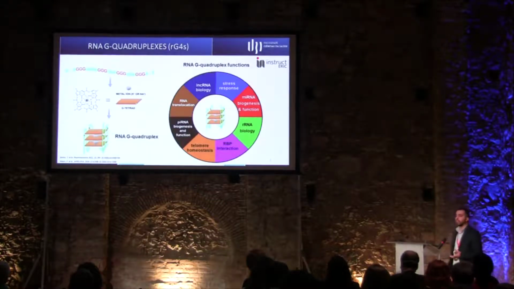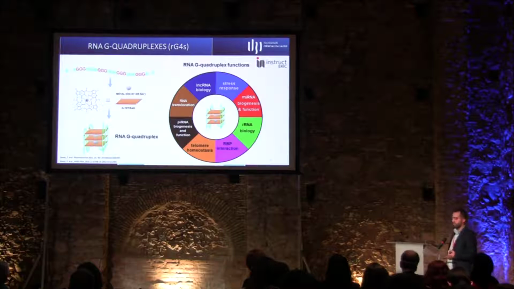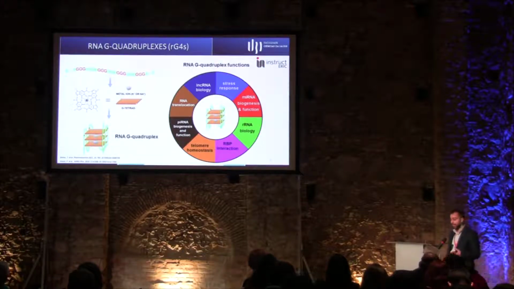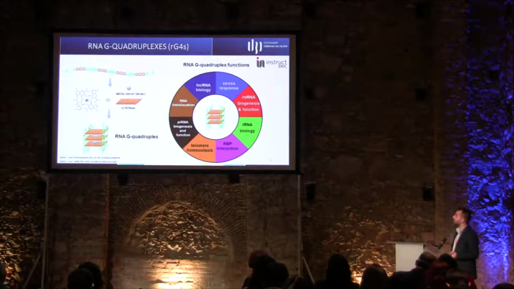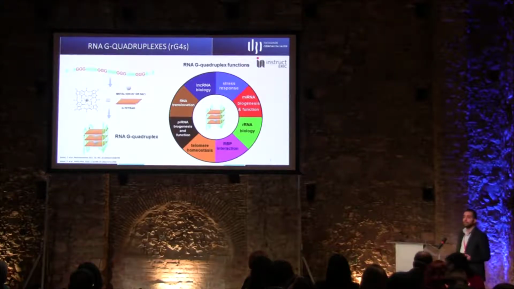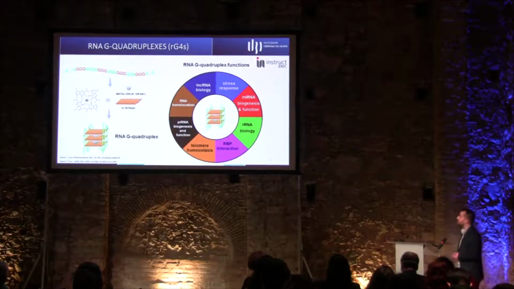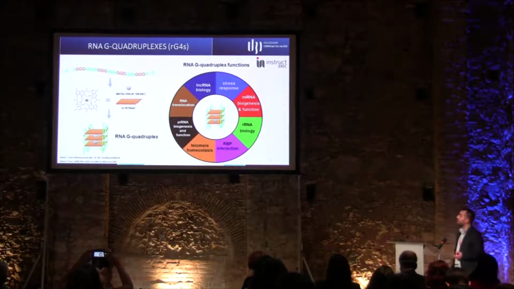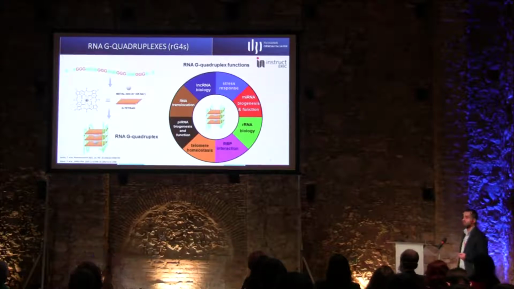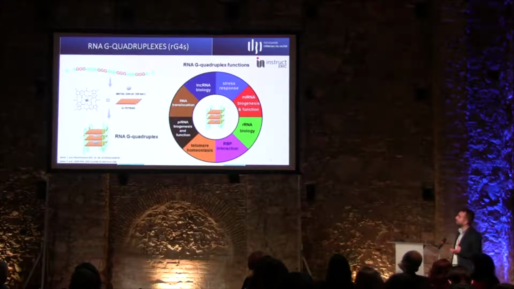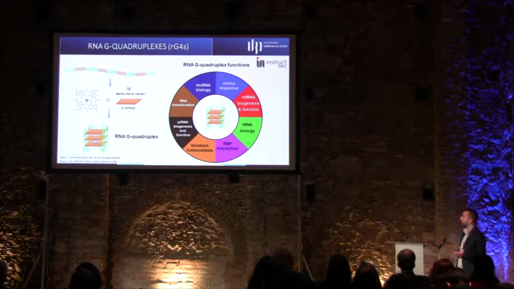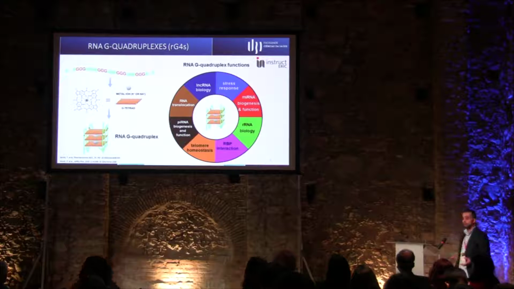So, first, it's important to describe RNA G-quadruplexes. The human transcriptome contains many sequences that are rich in guanines that can fall into non-canonical three-dimensional structures that we call G-quadruplexes. G-quadruplexes are characterized by the presence of two or more stacks of guanines organized in a coplanar manner. Each set of guanines forms a building block that we usually call a G-tetrad. G-quadruplexes are only formed in the presence of metal ions, usually potassium or sodium.